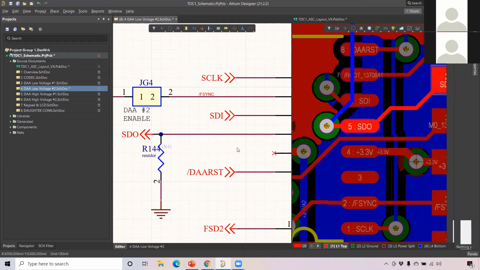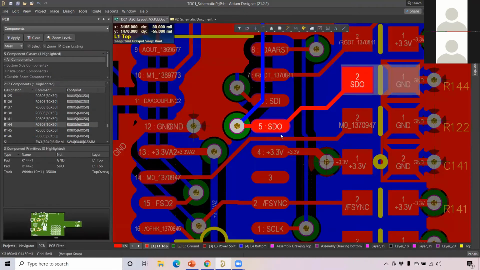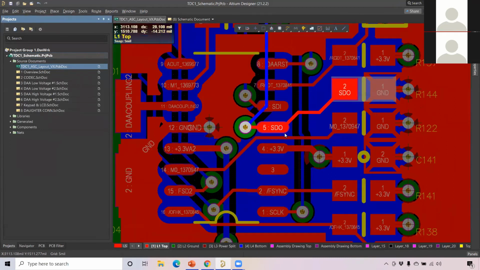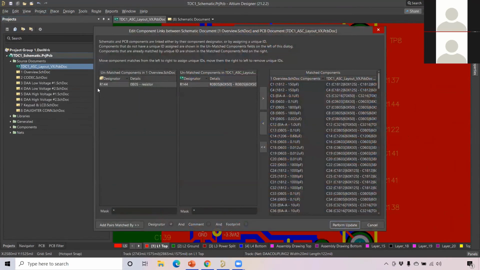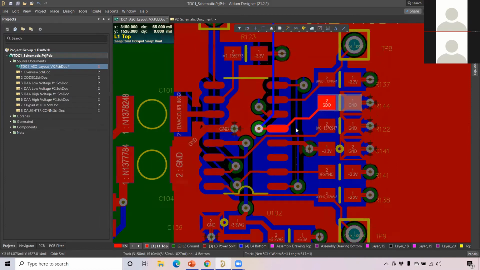Once it is done, we have added this resistor. Now let me go to merge all again. Right click, merge all. Once it is done, we go to the project panel, then file, save all. Now it is saved. Then I check by going to the project component links. You see now you will find the R144 resistor inside your schematic side as well as the PCB side. Again, add pass matched by, go up here and perform update. So they are linked now. All the components are linked from the schematic to PCB.